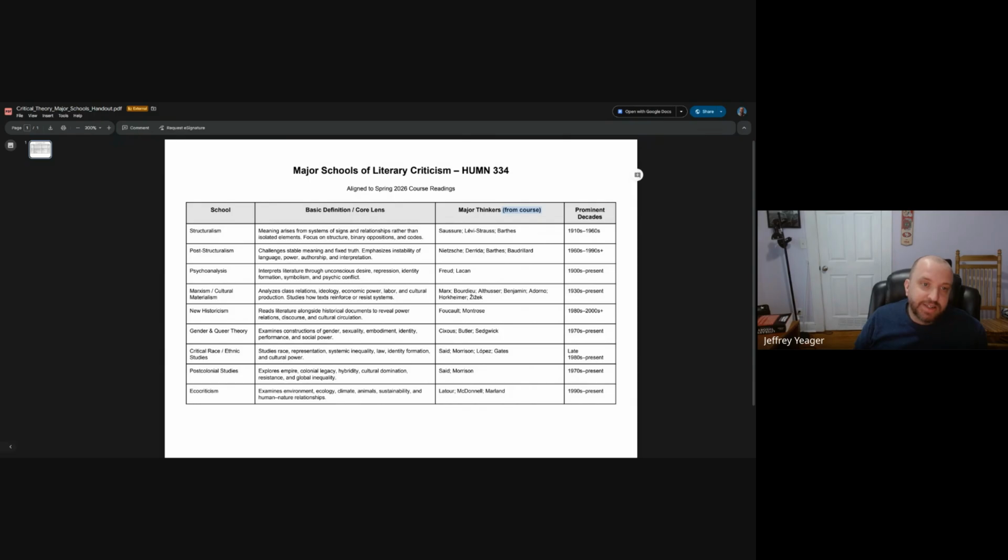The New Criticism, the formalism, came about around the same time as Structuralism. They're kind of the same thing in some ways. Structuralism is more linguistic based, formalism is more literature based. They both had the same goal in mind, looking at the innards and how things work, more so than looking at ideology.